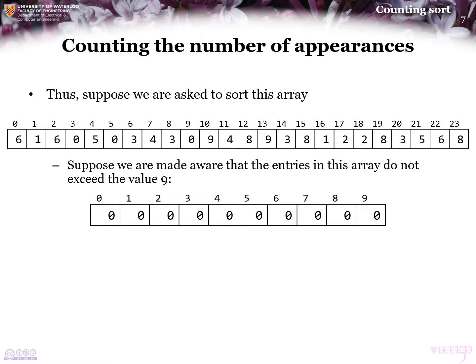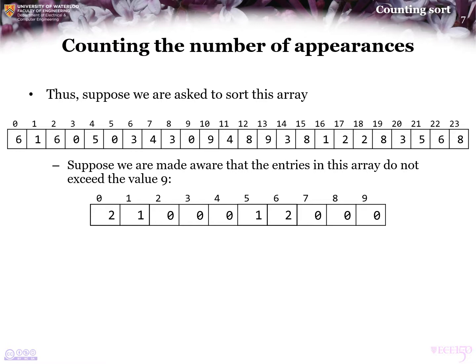So now we go through the original array with a for loop and we count. There's a 6, so we will increment the value at index 6 of the second array. There's a 1 next, so we will increment the value at index 1 of the second array. Next we come to a 6, so once again we increment the value at index 6. Then we see a 0, so we increment the value at index 0. Then we increment the value at index 5 to 1, increment the value at index 0 to 2, increment the